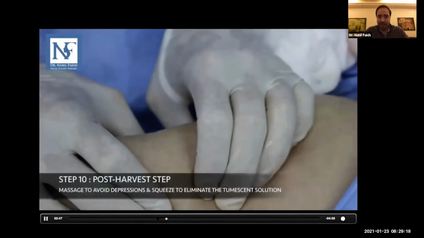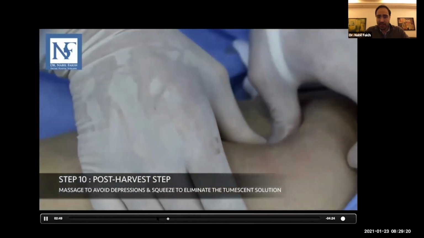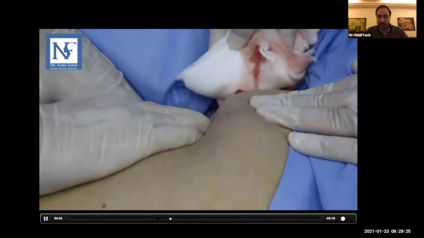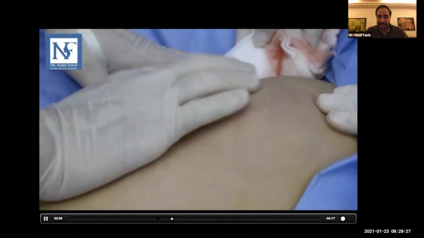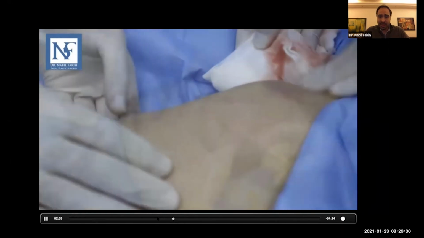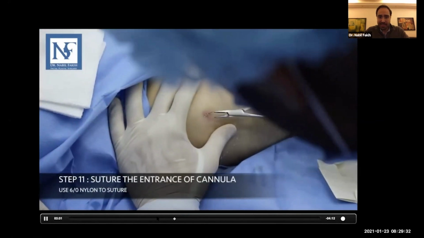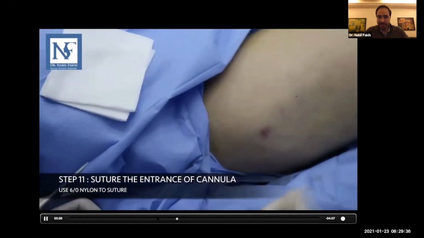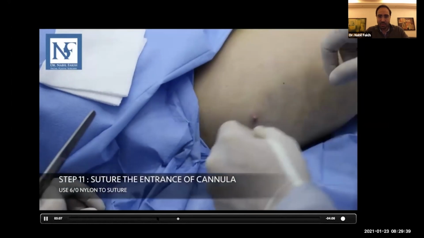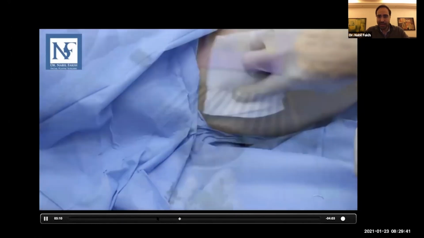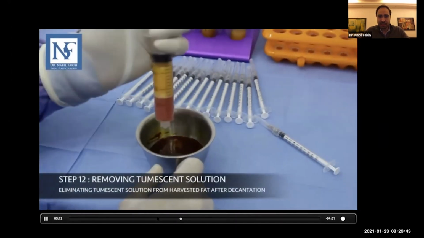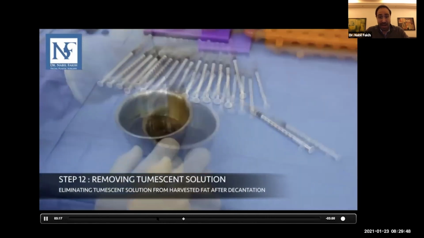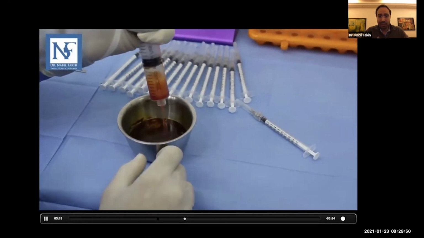So let me jump. After this, I harvest, and I take out all the tumescent solution, because by this I can create less bruises. I inject also tranexamic acid inside to reduce hematoma. Normally patients don't want to see hematomas, and they don't want to get bluish effects, so we inject some tranexamic acid. I clean all the microfat. This is microfat harvesting. Okay, till now we have only microfat.